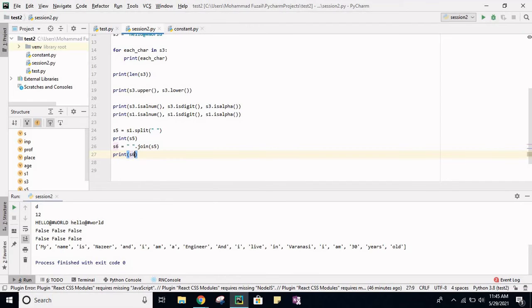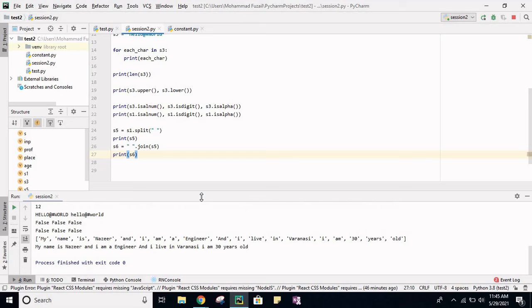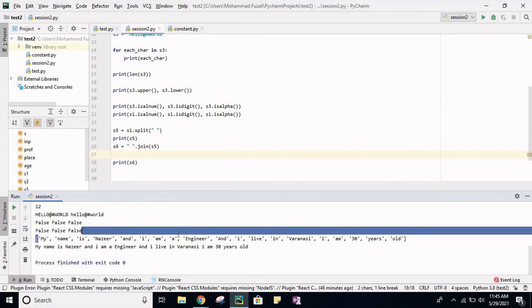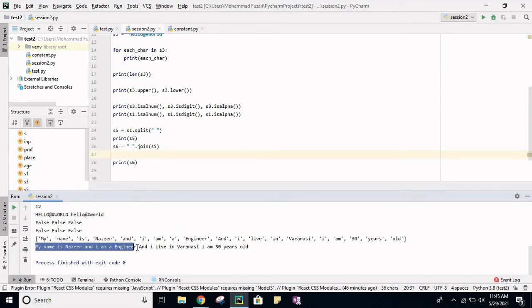So now if we print S6, see, what I said is join whatever elements you have in this S5. So we have all these elements in S5. Join with spaces in between them. So it has joined all these strings, all the elements, having spaces in between them.